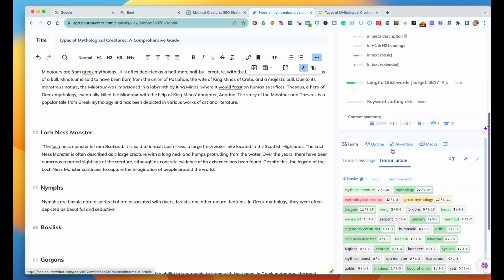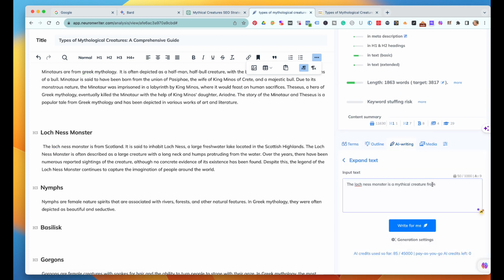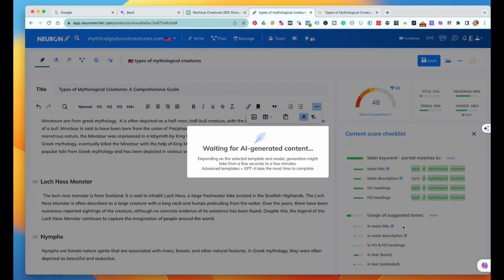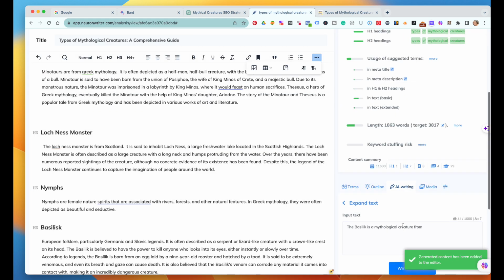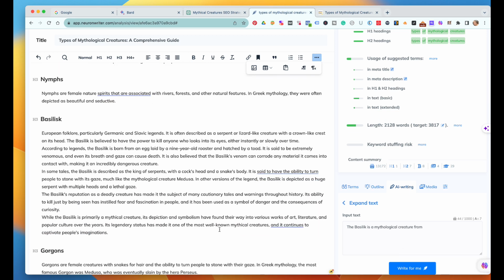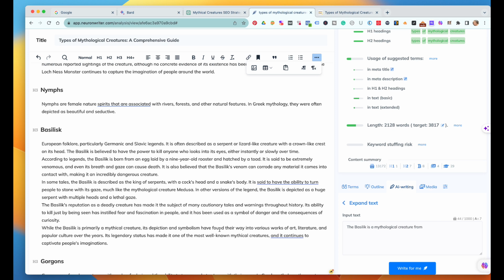And now we're going to go to our AI writing, and I'm going to erase all this, and I'm going to write the basilisk. Basilisk is a mythological creature from, and let's just see if it writes for me. All right, so here we go. European folklore. Ooh, it gave me a lot, which I don't think I want all that, because remember, we don't want,